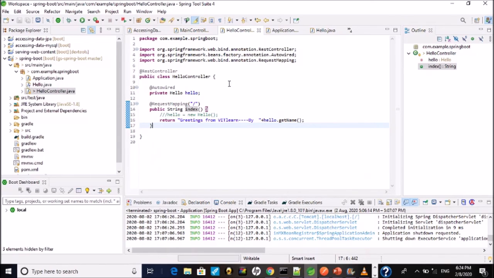So let's start our application. The purpose of this application is, as I explained about dependency injection and the @SpringBootApplication annotation, that when we start our Spring Boot application, I will show the log: it will load all the dependencies, all the required classes and beans, and inject all the beans.